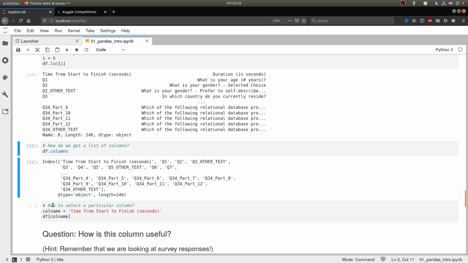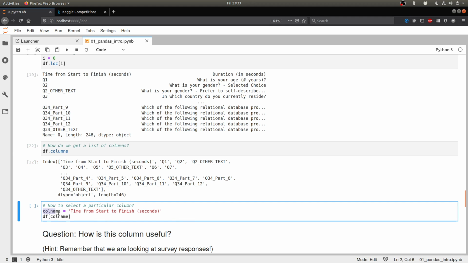So we know how to select a particular column. We just say that my column name is time from start to finish in seconds, and I just get that column out by putting a pair of square brackets around it, and calling it on the data frame. Just like you get a key value pair out of a dictionary, similarly you get a column out of a data frame.